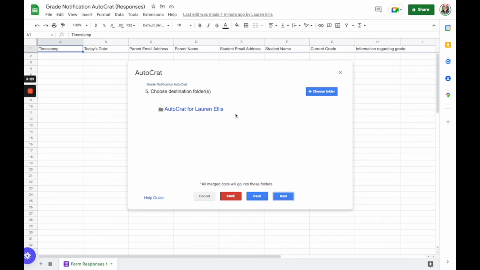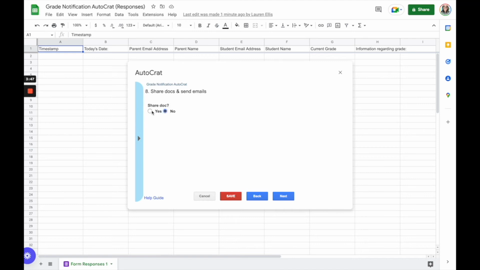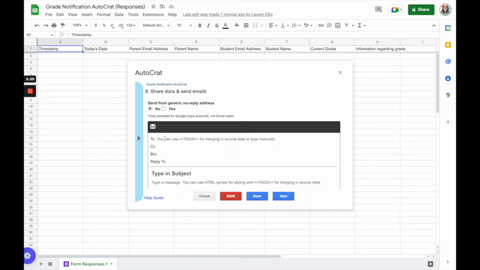If you want to change the folder, you can. I don't. I keep all my Autocrat files in one, that way I know where to look. I do not do a dynamic folder, and there are no conditions. I send these to parents, so I'm going to put yes to what I want to send. If you just wanted to have a file of this that you could print out, or keep for your records, you could put no and it would just save it to your Google Drive. But I want to tag parent email address, comma,